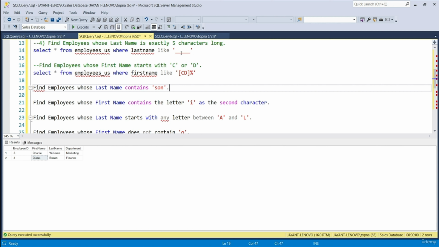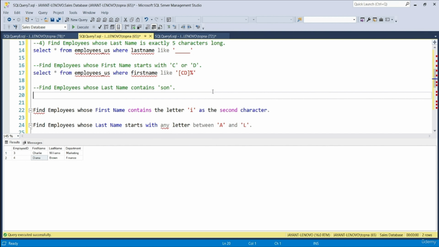I will first of all comment it. And now press enter, come to the next line. Let's read the question. So you have to find those employees whose last name contains son. So we will write select star